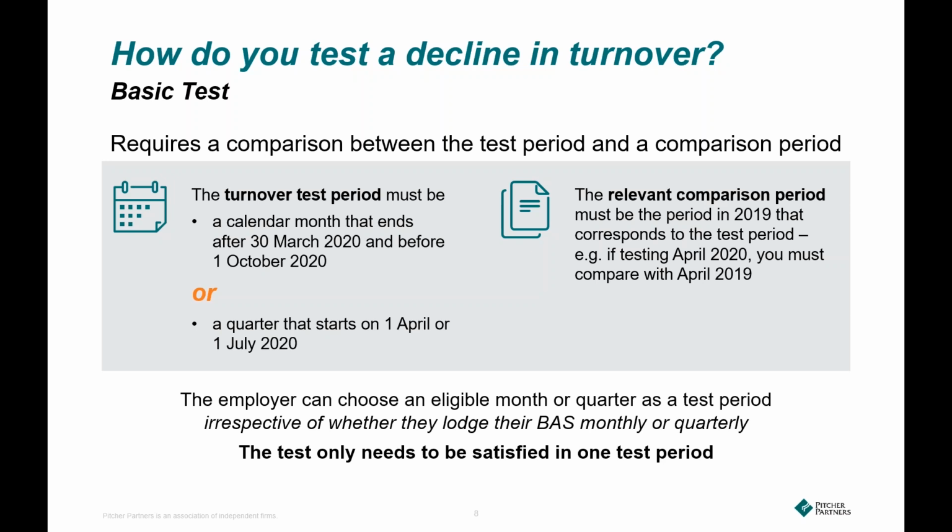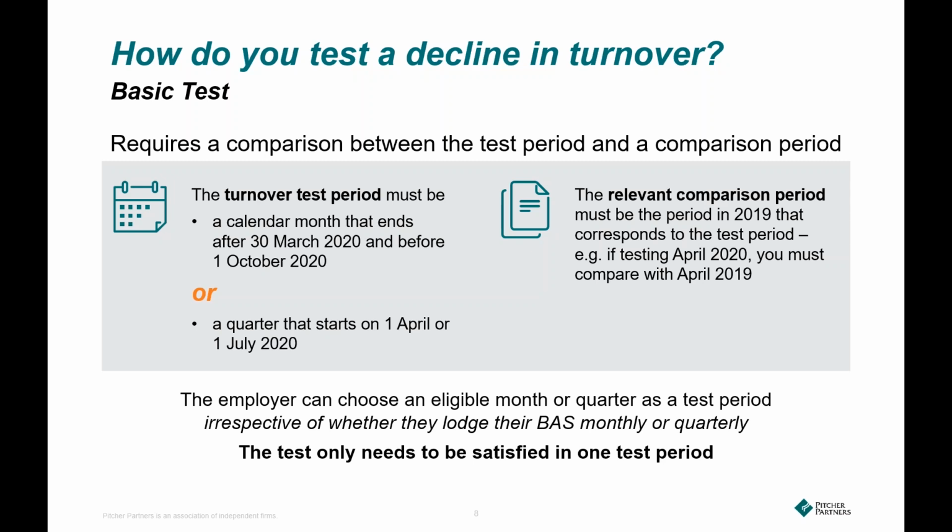And importantly, you'll notice there that the calendar month test refers to a calendar month that ends after 30 March 2020. Our understanding of that is that there is an entitlement to use the month of March as the relevant test period, given that March ended on the 31st of March. The difference between using March and any subsequent period obviously is that March is already finished, and therefore instead of